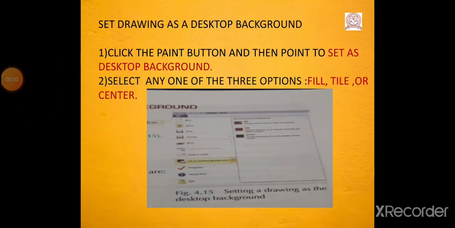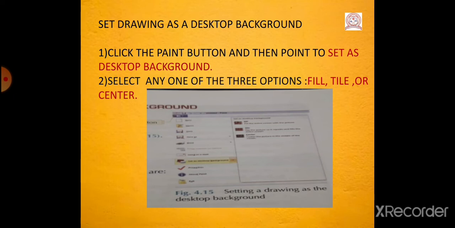Now let's move to how to set a drawing as a desktop background. The steps are: click the Paint button and then point to set as desktop background. See the image given below, this type of box will appear.